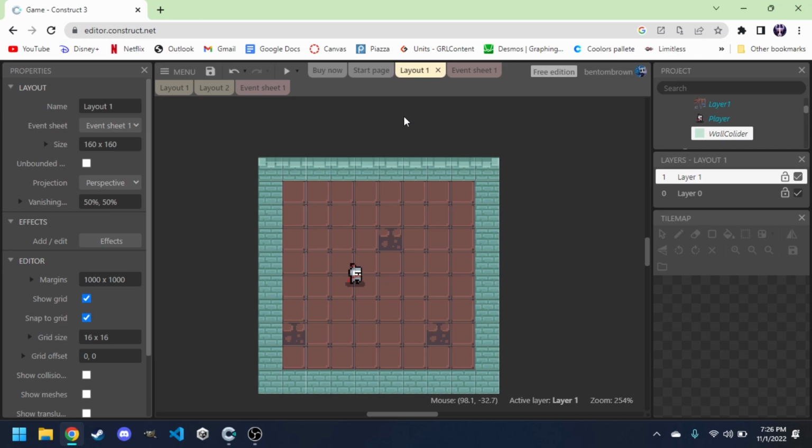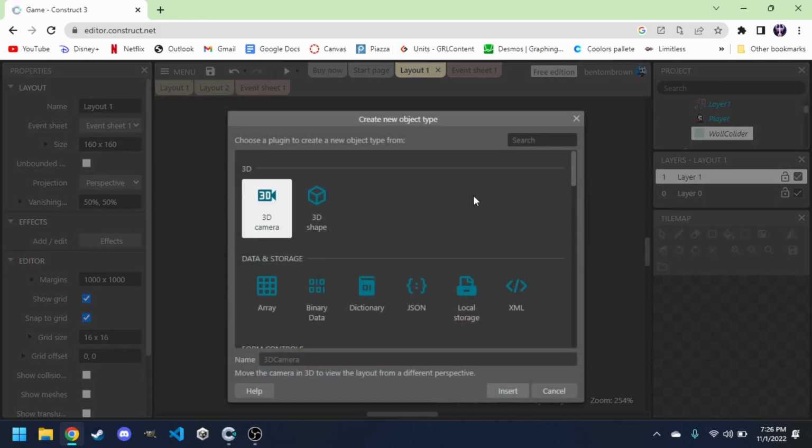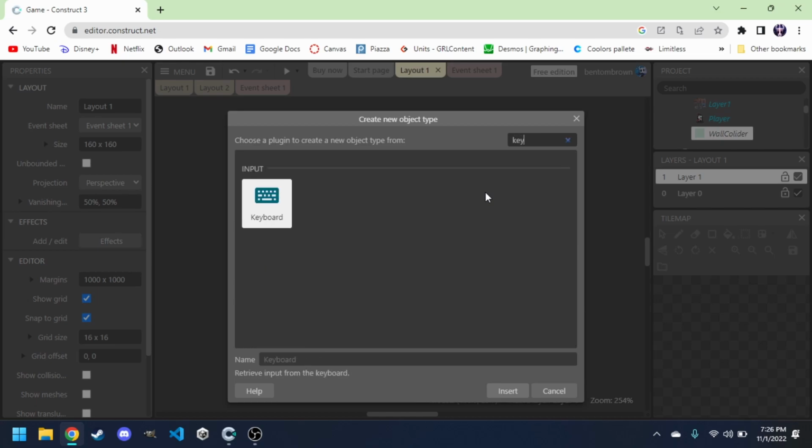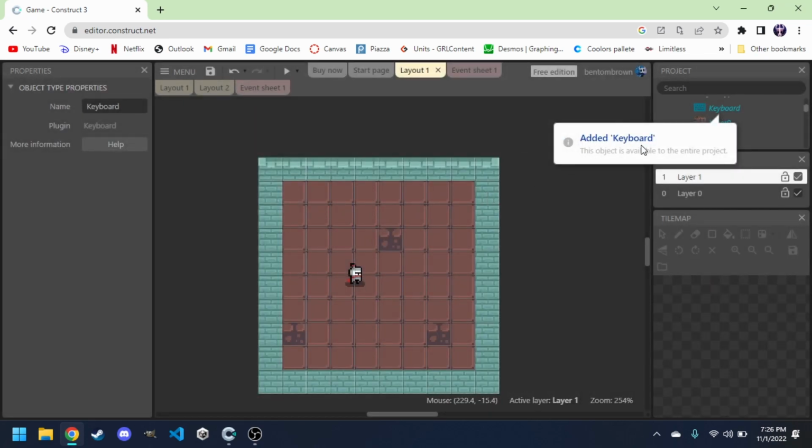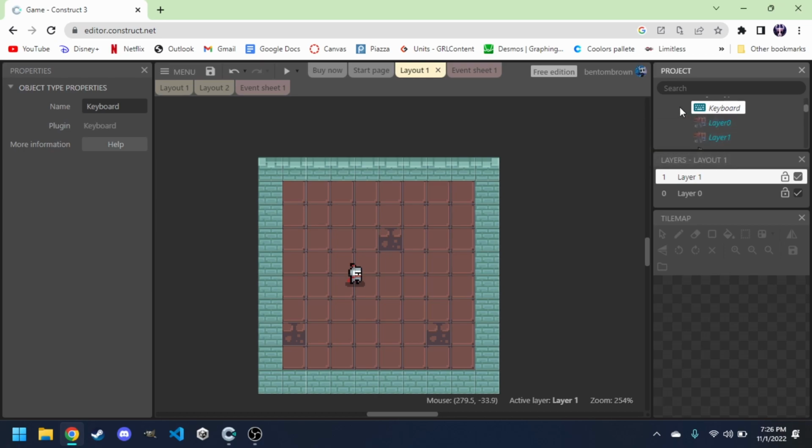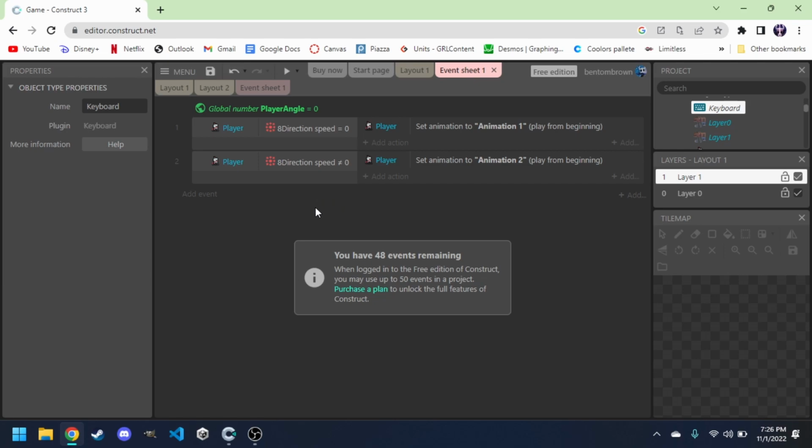Go back to this layout one, and we're going to add a new item. Double tap or right click. Keyboard. This is going to basically allow you to use your keyboard in your project instead of having to import a whole bunch of stuff. Added the keyboard, you can see now it's over here. This is just something that is not really in your project, but just allows you to access keyboard events. So we're going to go back over to our event sheet,